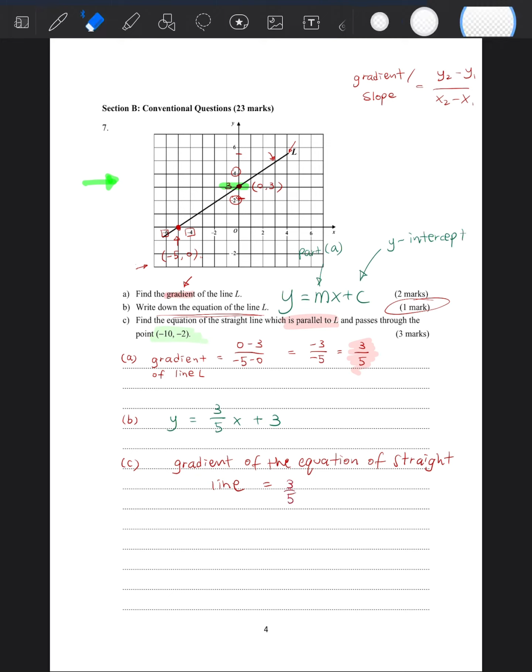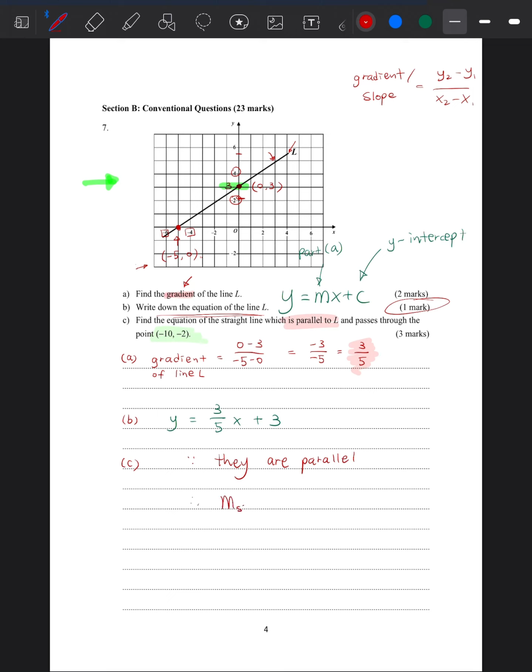If you don't want to write that much, all you have to do is just write, because they are parallel, therefore gradient of straight line, you can just use SL to represent your straight line, is equals to your gradient of L,